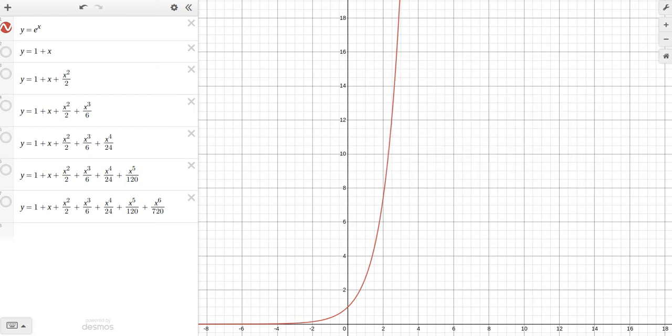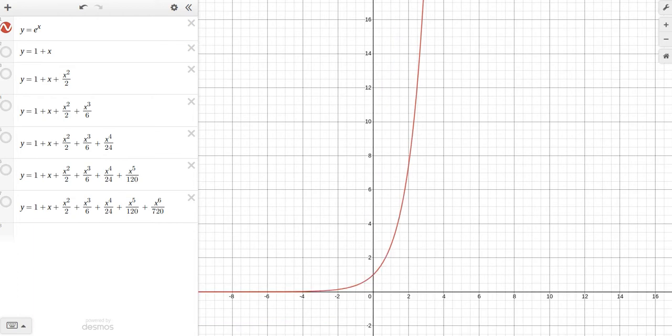Hi everyone, I'm gonna show you how to look at power series for e to the power x, and then you can pick one of sine or cosine and do this same analysis. So remember, these are increasing terms of power series, and I'm going to look at the graph to see how